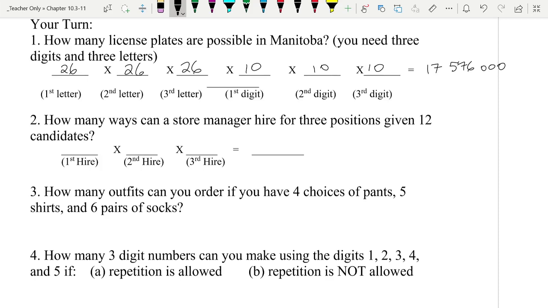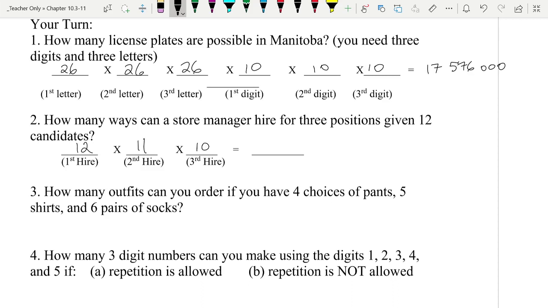All right, let's try a different example. How many ways can a store manager hire for 3 positions if there's 12 candidates? Right, he needs a stock person and a checkout person and somebody to clean the floors. All right, well, he has 12 different candidates. He can hire 12 different people for that first job. But now that he's hired that person, you can't hire him for a different job and make him do 2 jobs. So there's 11 ways to hire for the second position,